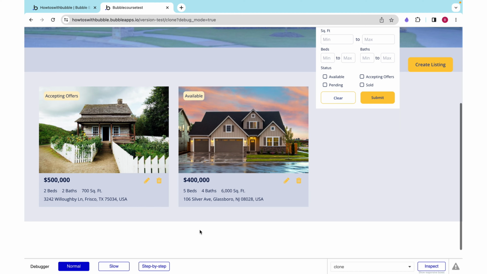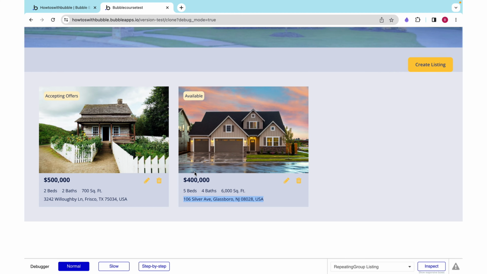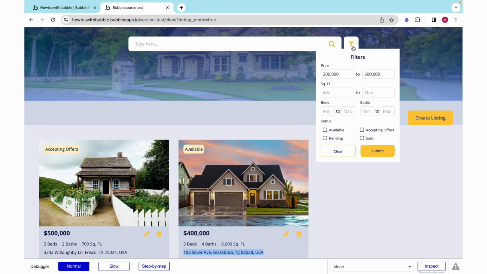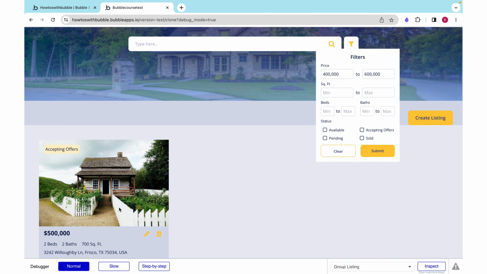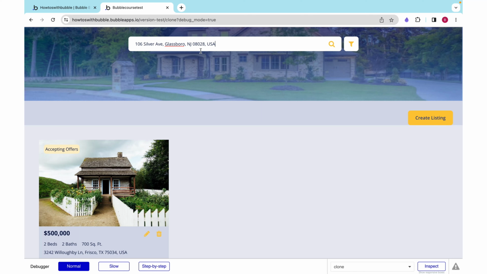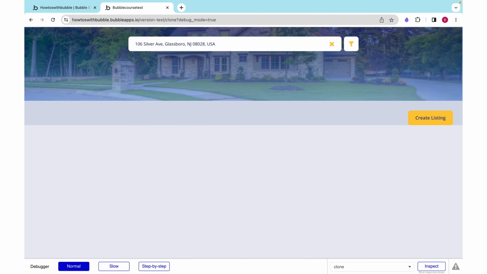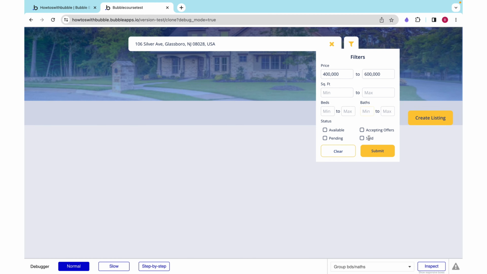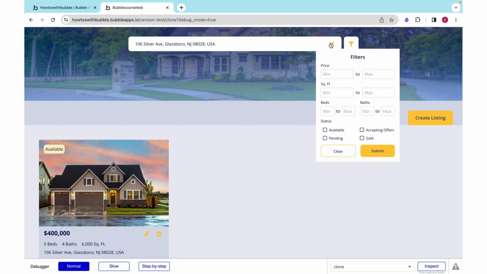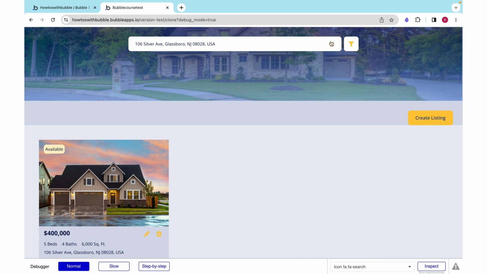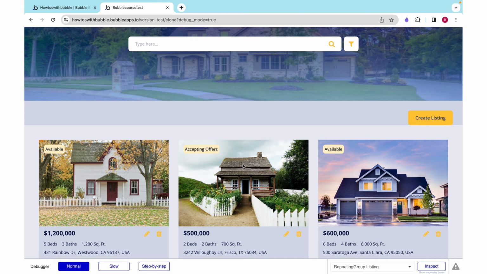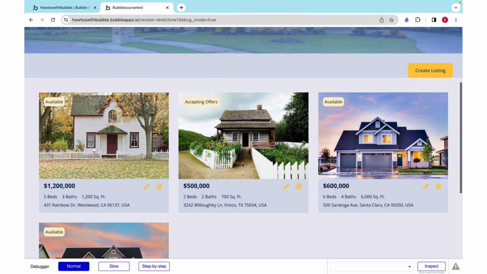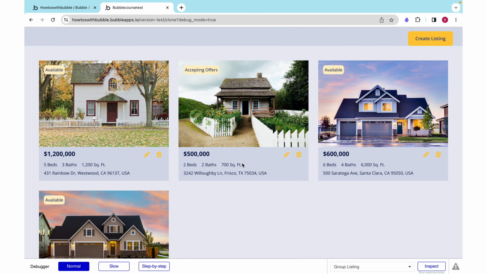One last thing, I'm going to search for this again, but this time my filters are not going to include that in its range. So only this house is currently showing. Even if I search for it by name, that house doesn't come up because it isn't compliant with my filters. If I clear it, we see it there. Filters are a vital part of any app, and it's just a matter of using custom states